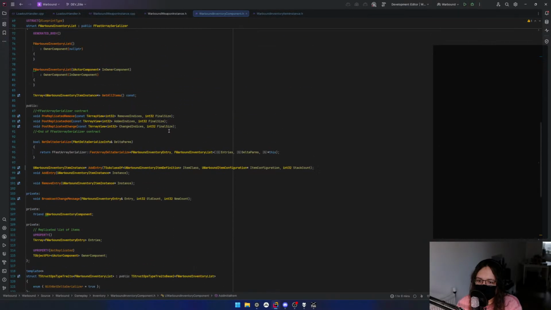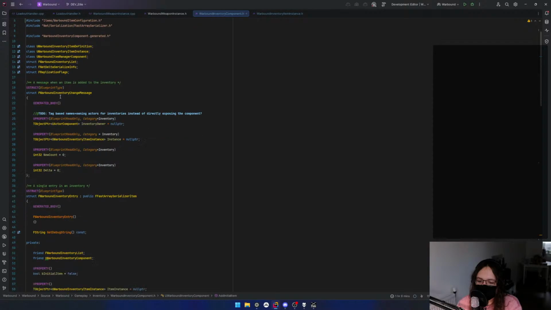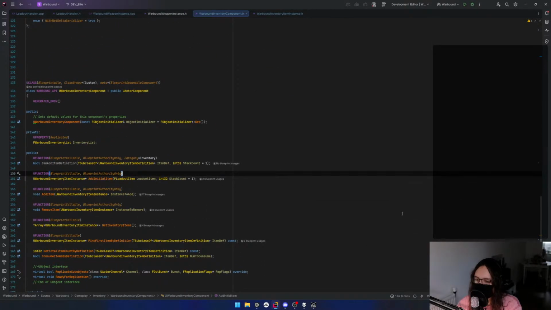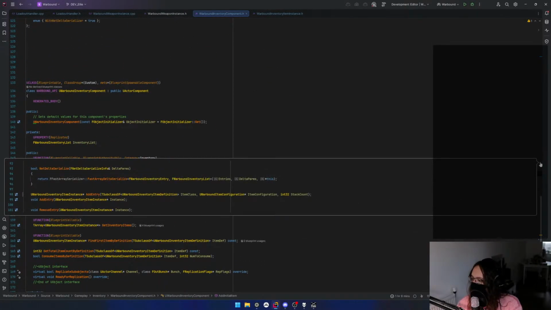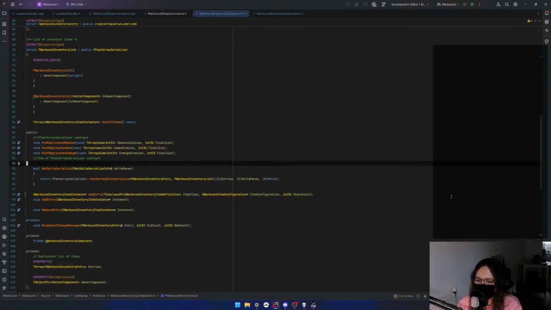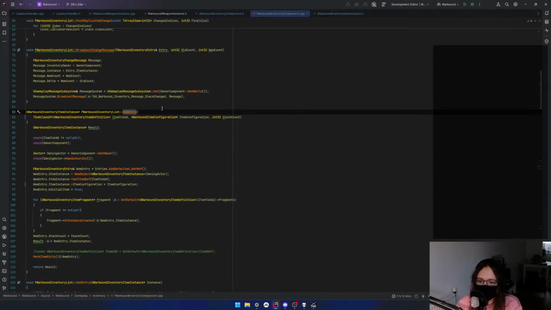Because all I've modified there, I think, is just that one. And up here, something apparently. Oh yeah, so add entry. Yes, this is where we split it. This is the item class and the item configuration. And yeah, so this is where we're currently handling this, but this goes to